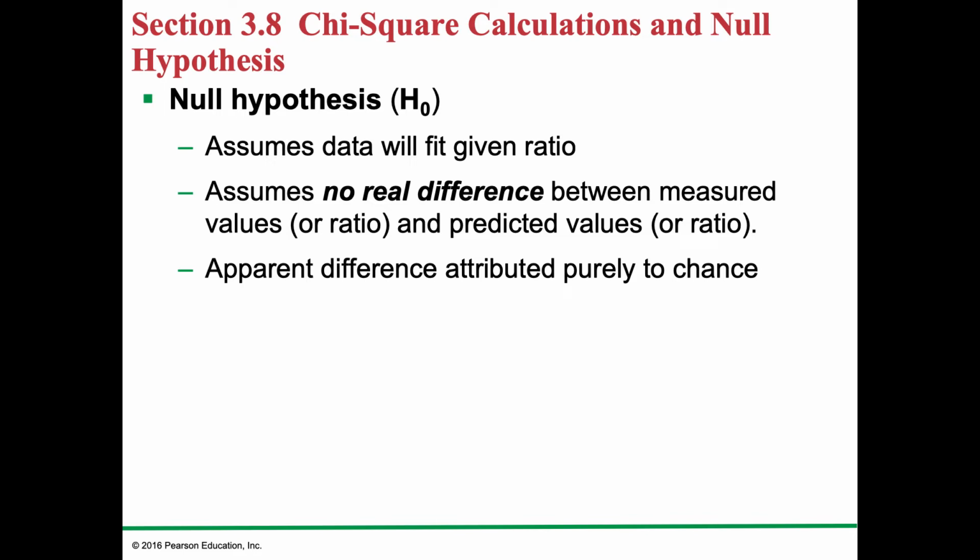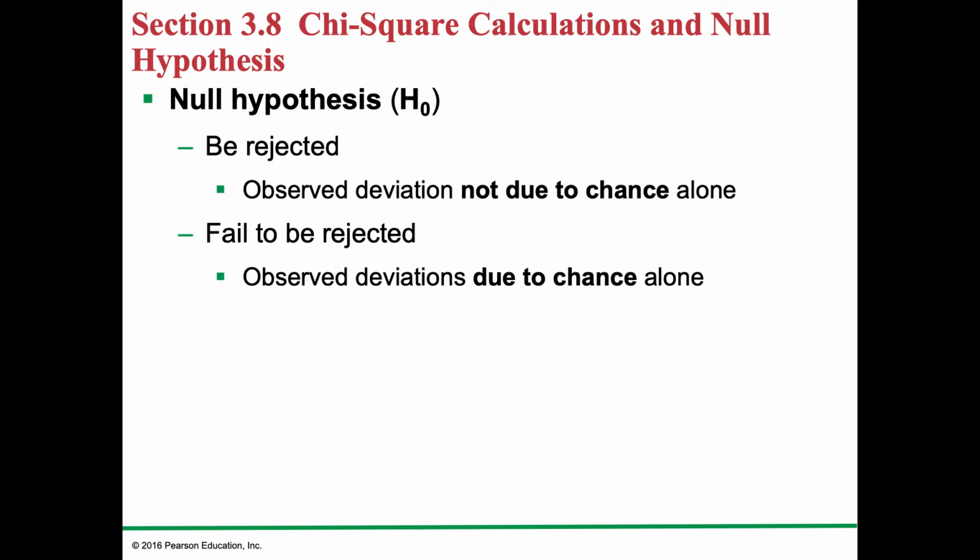The way the chromosomes segregated, maybe the wind blew and a different pollen got in. Chance alone is what might have skewed your ratios a little bit. And so the null hypothesis is, basically, I got what I expected. Now, with your null hypothesis and with the data you get from doing experiments, you can either reject your null hypothesis, or you can fail to reject your null hypothesis.